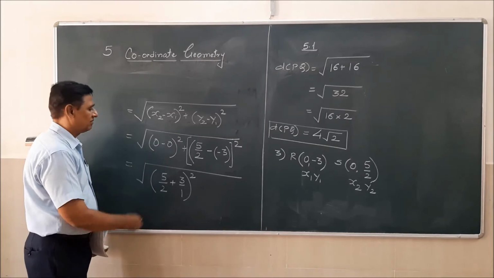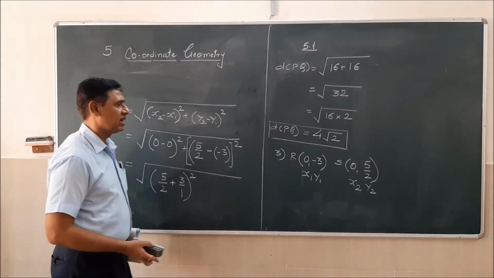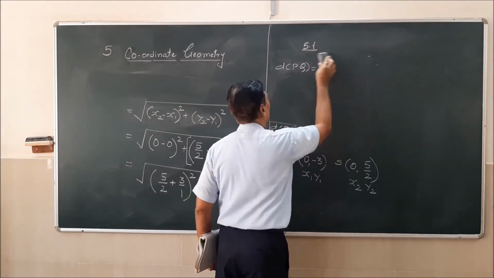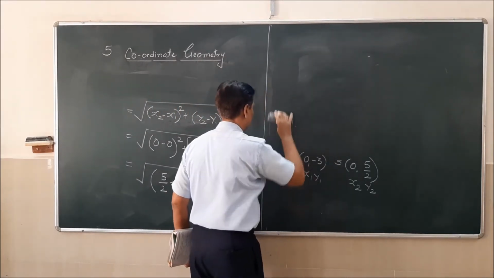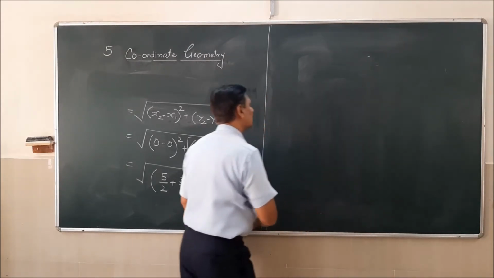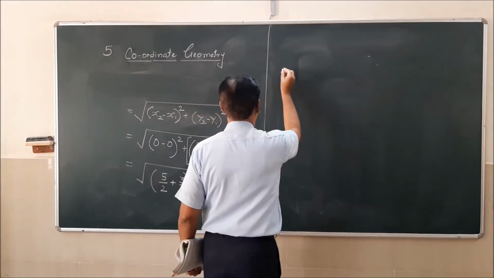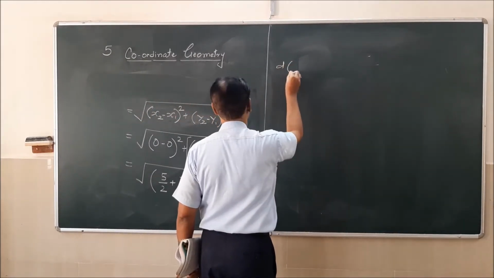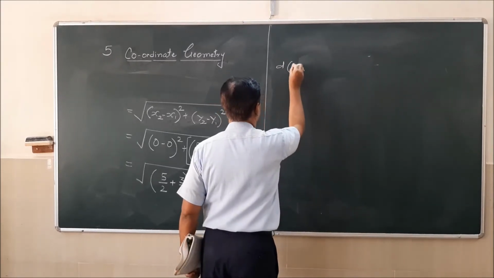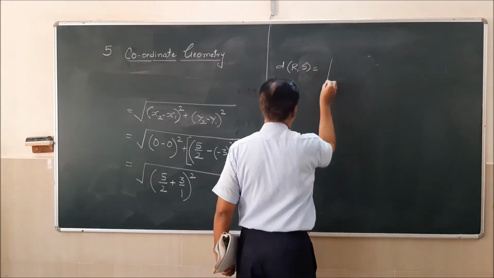So this is how I have taken it as 3 upon 1. Now I am going to simplify it by doing cross multiplication. So distance RS is equal to square root of